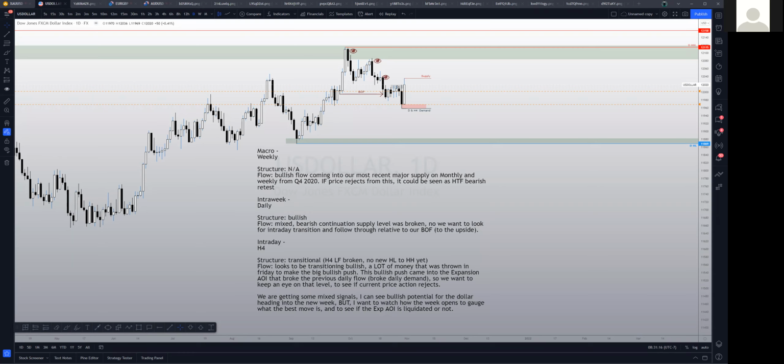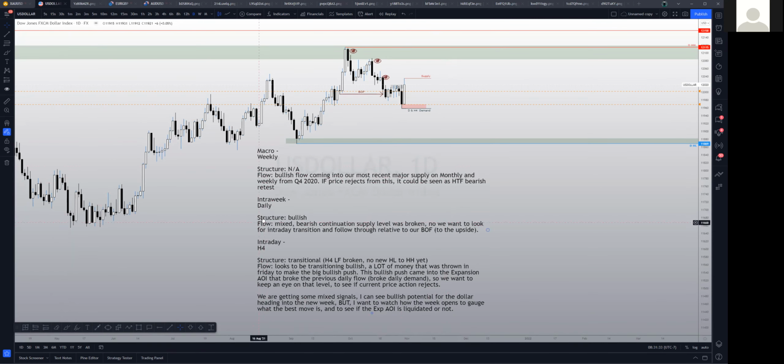First, we're going to start off with the US dollar. It looks as though Friday really threw a stick in the proverbial spokes of that motion. Friday came in and just erupted to the upside. We'll take a look at that on a slightly smaller time frame in just a moment.